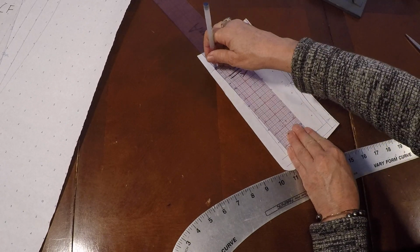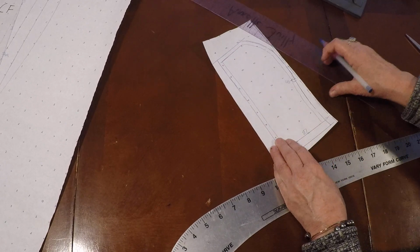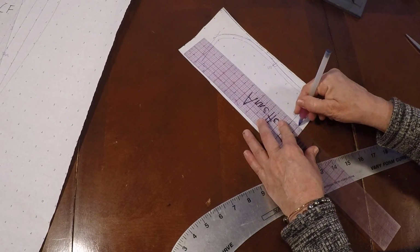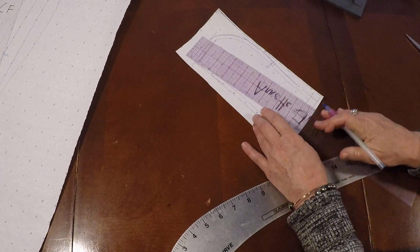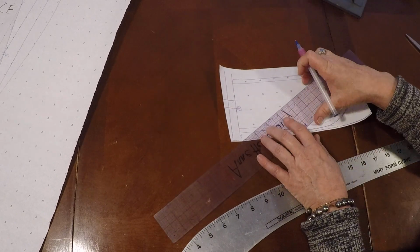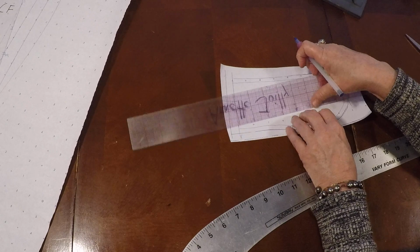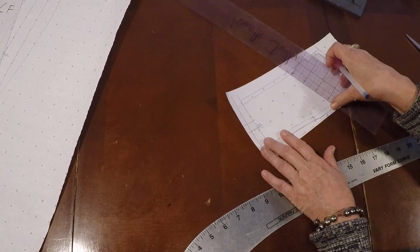And this being our under collar, that's how we started with our draft. We made it an under collar. You can go ahead and put 2 notches here, 1/2 inch apart here at the center back seam. And then also, if you don't have this type of grid paper, where we started already with the grain line here, you can